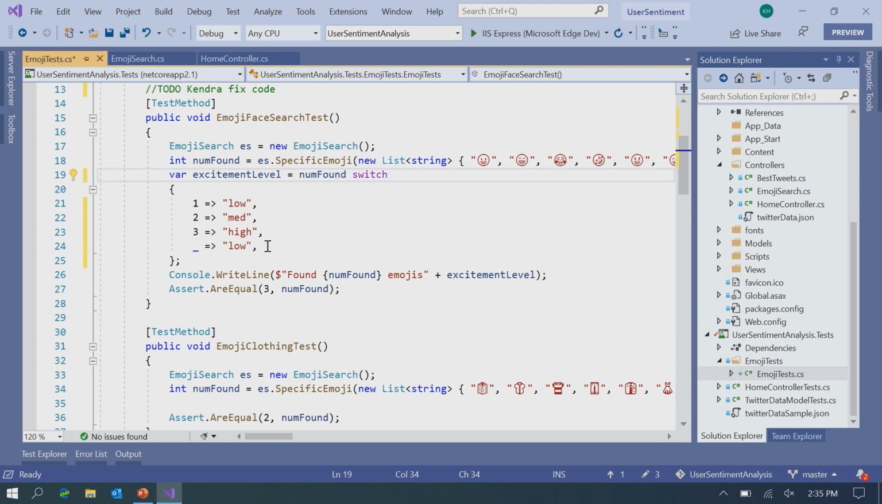So to use this, you do need to be using the C# 8 features, switch expressions. So go ahead and upgrade that. All right, the next thing